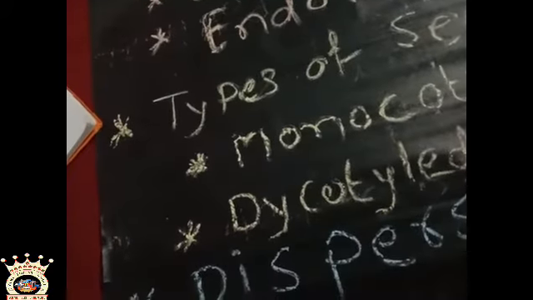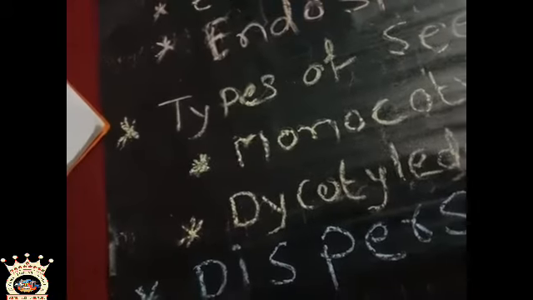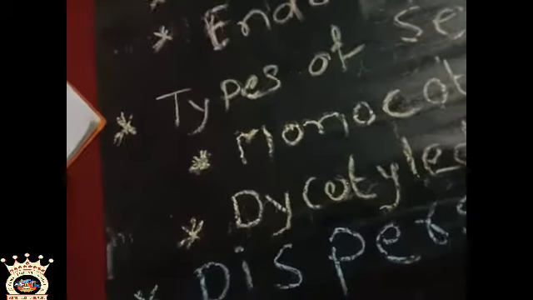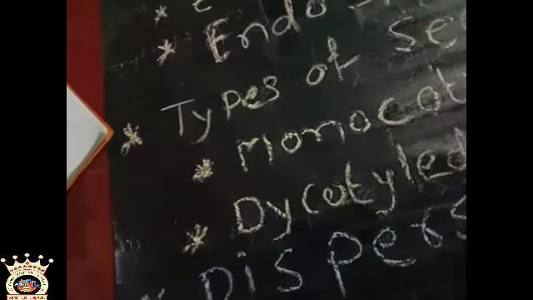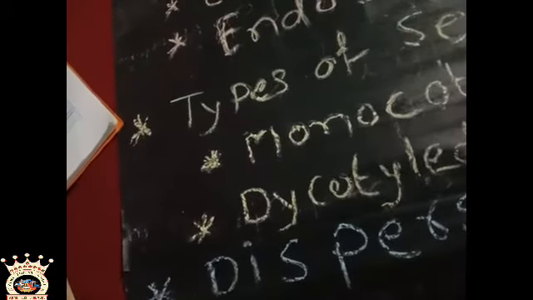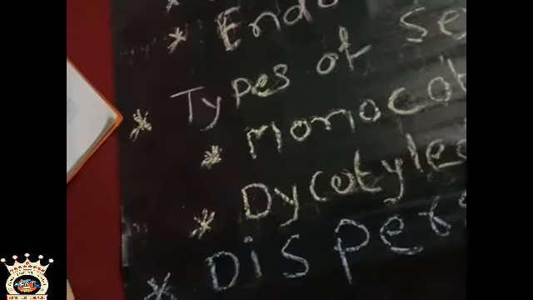Then what are the characteristics of seeds which are dispersed by water? Seeds which are dispersed by water have a spongy and fibrous outer coat. Examples are the coconut and lotus. They both can be carried by the water. Why? Because the seed has a spongy, fibrous covering. That's why we know that coconut can float in the water.